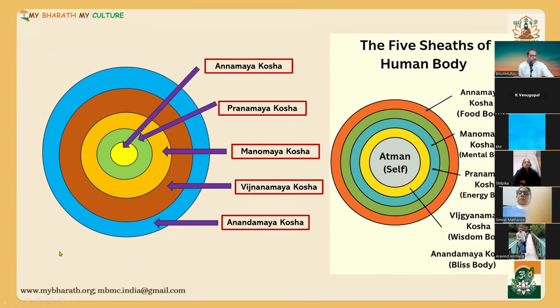After Anandamaya Kosha, you have your soul. The soul, you don't know where it is, right? When I die also, the soul is there. Now it is there, I think it is in the body. But if I die also, the soul is there. So you call it Brahman or soul or whatever, Jivatma, Paramatma, which is there. It's just boundless. It can reach anywhere. So that boundless nature you call by giving the outermost layer, which is not mentioned here. So the layers go from in to out or out to in. Whichever way, both have meaning.